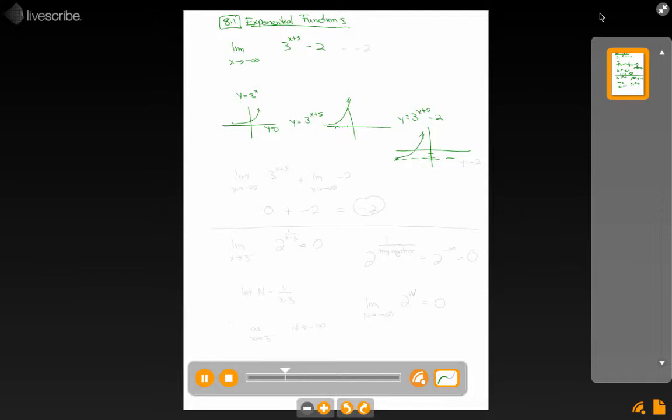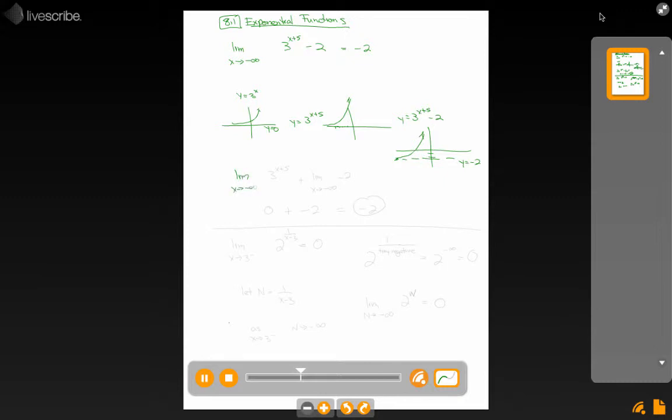As we can see then from that graph, as x approaches negative infinity, this graph is going to approach negative 2, that horizontal asymptote that was at y equals 0, but then once we moved it down it became y equals negative 2. Another way to look at this would be to say, well, if I did the limit as